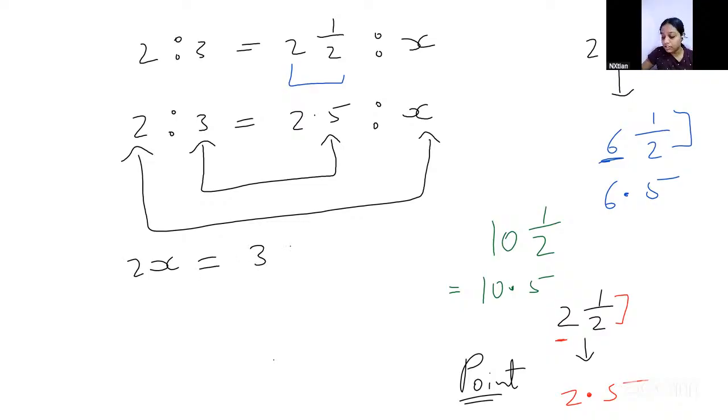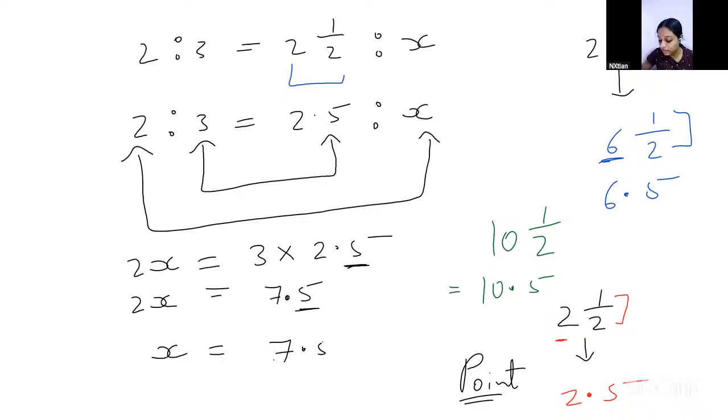And do 3 into 2.5. If you remove the point, it becomes 25. So how much is 25 into 3? 75. I will put a point here because after one number a point is there. 7.5. Now do x equals to